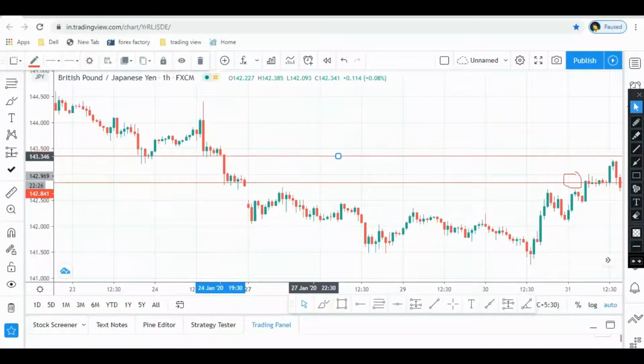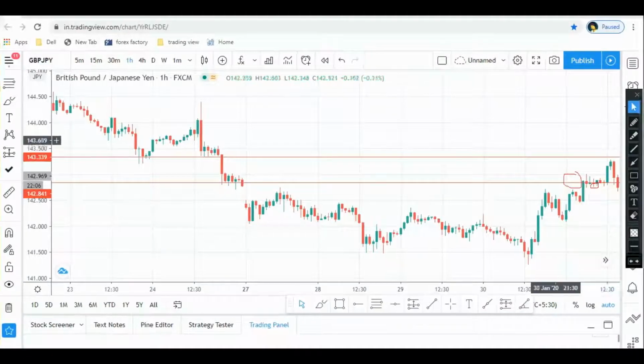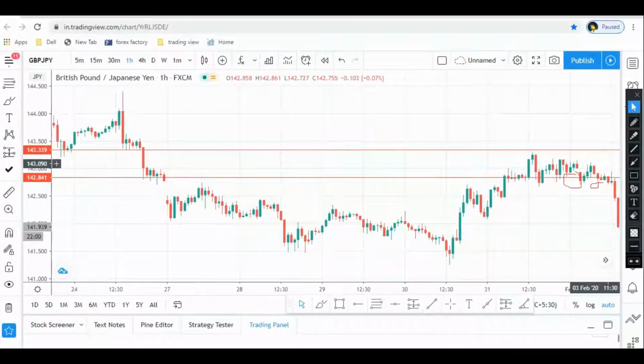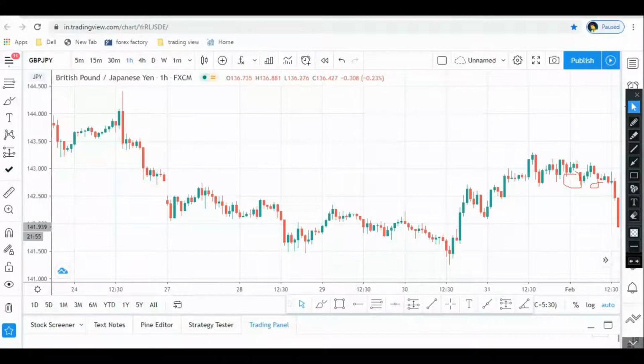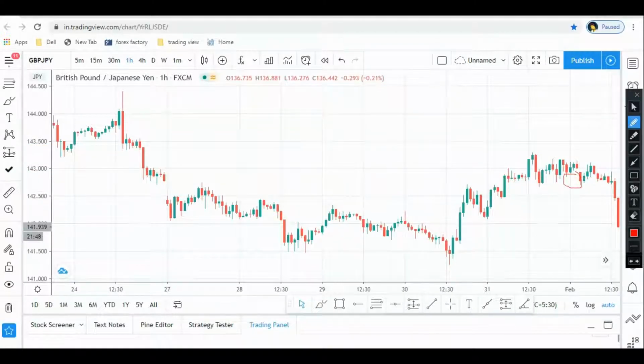Alright, I'm so sorry, I made a mistake. This particular support zone has been broken out by this area. Price might reach this area and come down. So as you can see, I have placed my buy order in this area, and price exactly reached this area and after that went down. So this is how exactly support and resistance work. Let me show you another example. It will help you out. So let's go back.